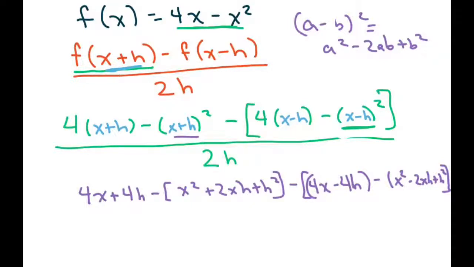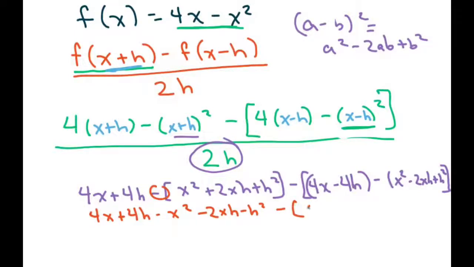Okay, and it's all over 2h, and to save room, I'm not going to put the 2h yet. So let's clean this up. 4x plus 4h minus x squared minus 2xh minus h squared. I'm distributing the negative. Now I'm going to distribute the negative for this. Well, let's just do this part first. So we get 4x minus 4h